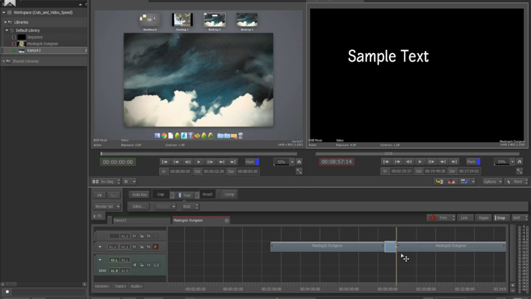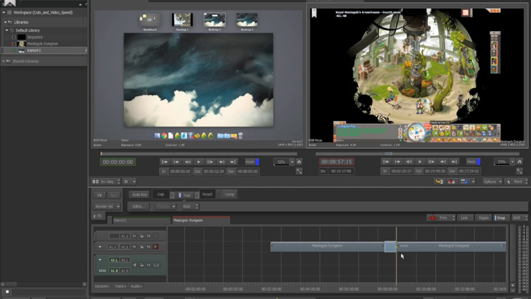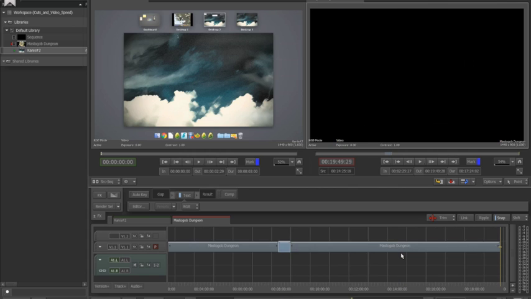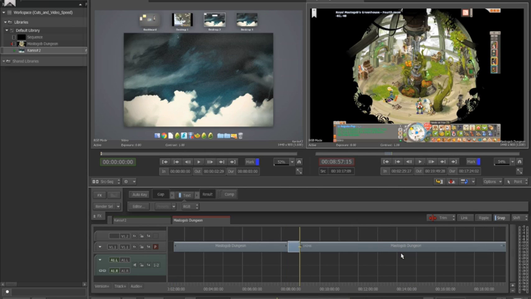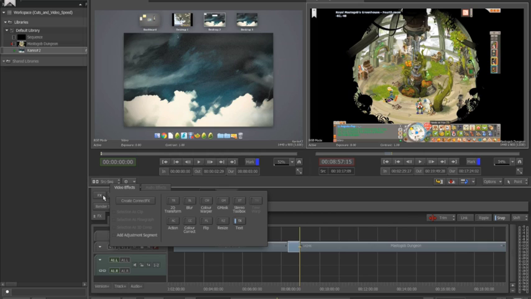So the next thing we would like to cover is adding transitions. To do this, you need to navigate to a cut. You can use the keyboard shortcuts up arrow key or down arrow key to navigate between cuts in your track. Once you are on the cut, you click the FX button, or you may right click on your cut and click